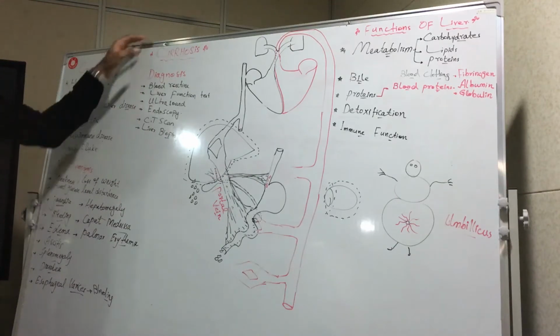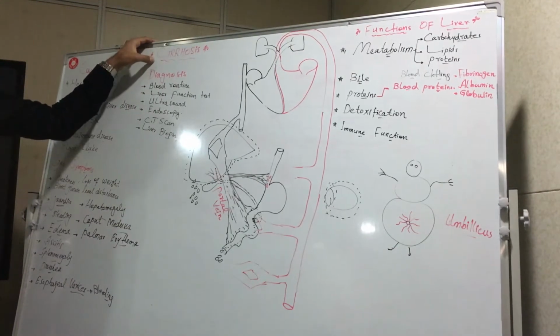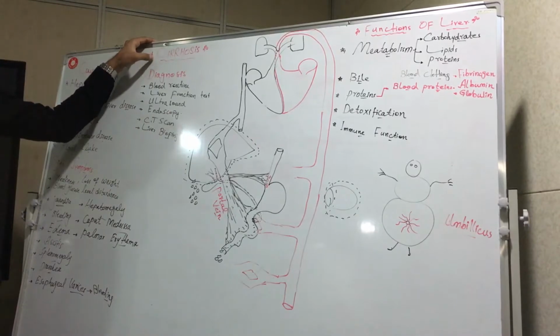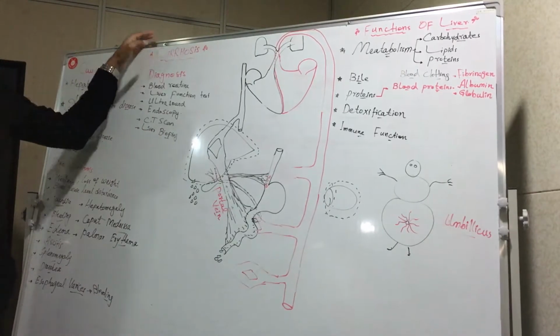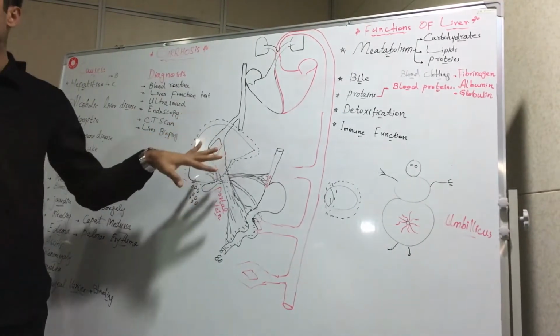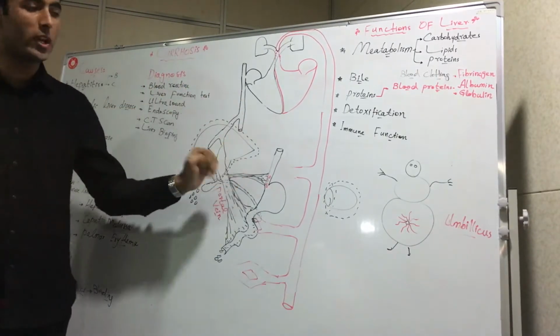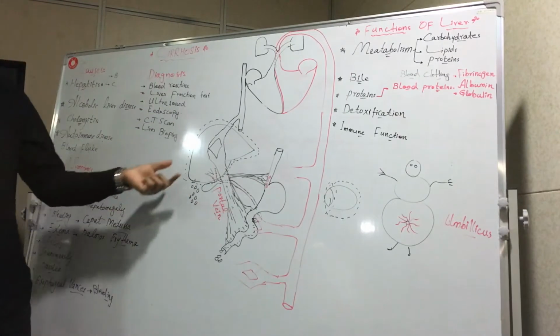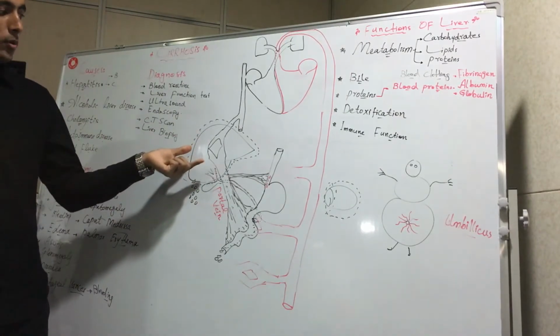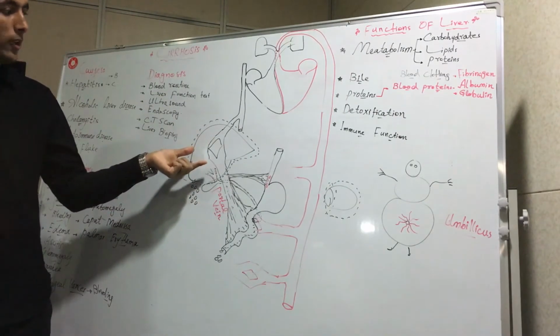So today's topic was cirrhosis, right? Before studying cirrhosis, we have to see the structures and the location of the liver, because cirrhosis is related with the liver. We said that the liver is located in our abdominal cavity in such a way that